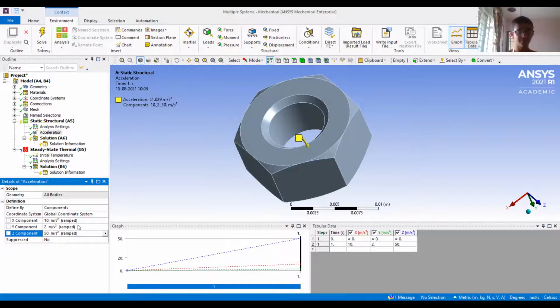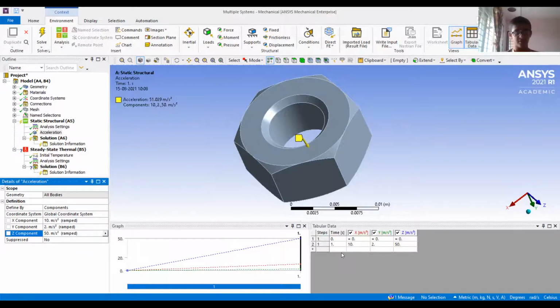Another is ramp. That means at the point when this excitation is applied, the boundary condition is applied, it will have a sharp increase in the excitation. If there is zero excitation before that step, which you can see in the tabular data over here, at the first time step, when the time was 0 seconds, all the excitation was 0. And immediately at time step 1, there is a sharp increase. If you are moving on a straight line like that, at time step 1 you will have the new excitation as that ramp function. That is a sharp increase.